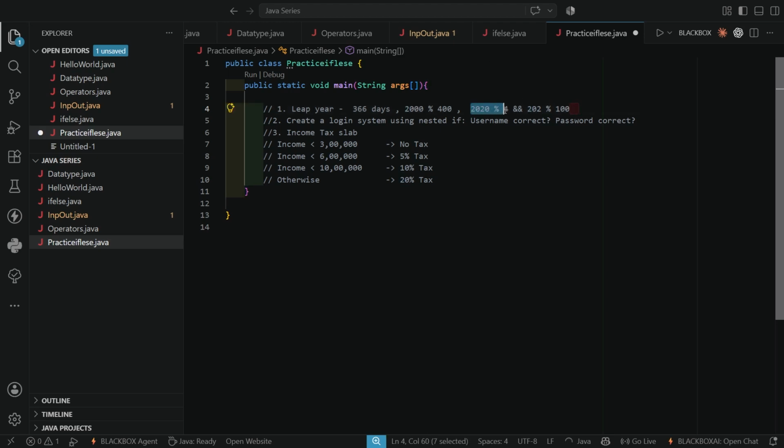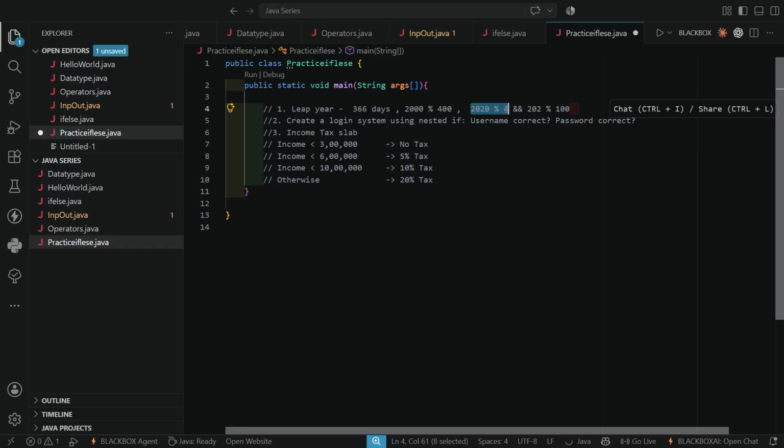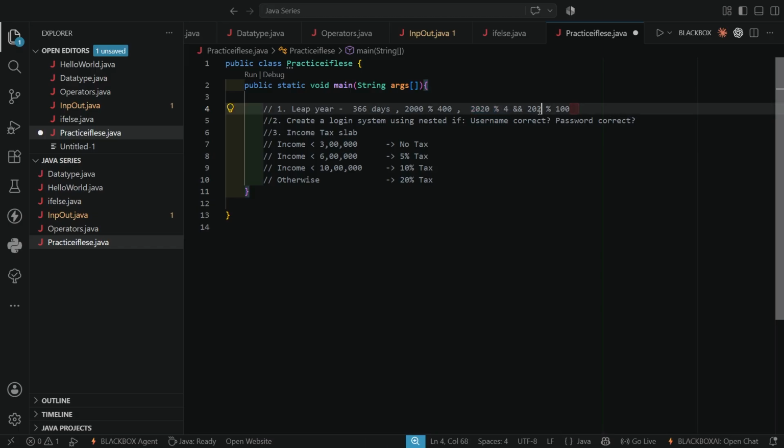Divisible by 4 means the remainder should be 0. And to get the remainder, what operator do we use? We use the modulus operator.